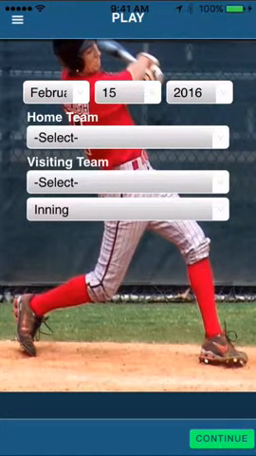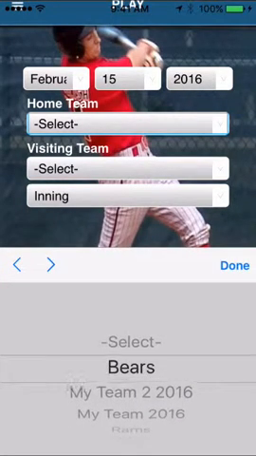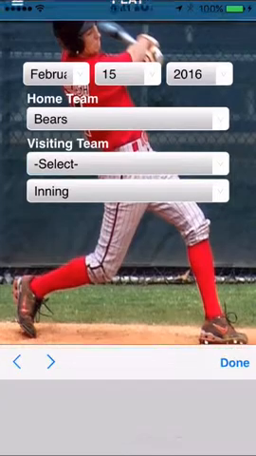To start a game using the SwingD mobile app, go to the game landing page, which you see now. Set your date, which defaults to the current date, select your home team, select your visiting team,